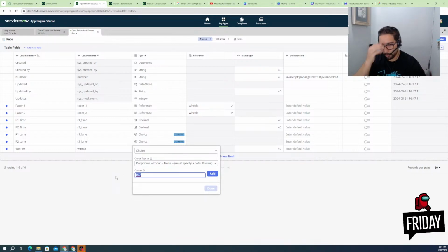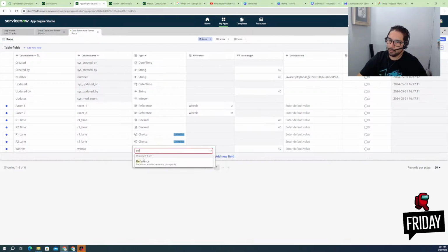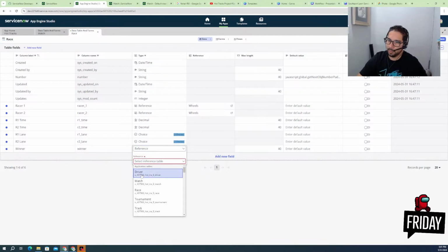Are we accounting for draws? So if you have a winner, it could be like a reference. Okay, winner, reference, boom. Or it could be winner, racer 1. Who's racer 1? You know what? Let's do like reference. And then